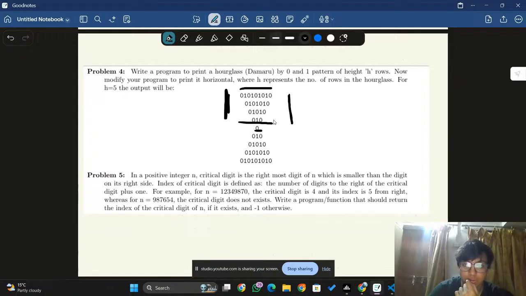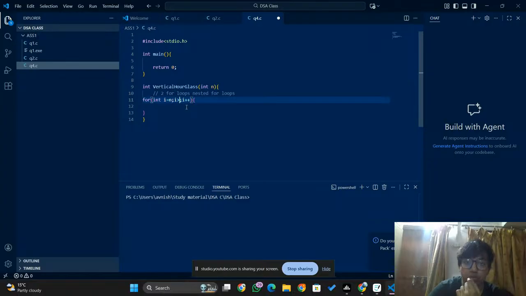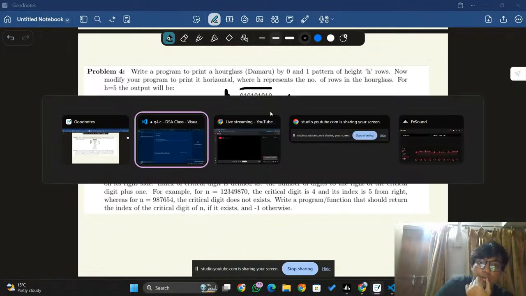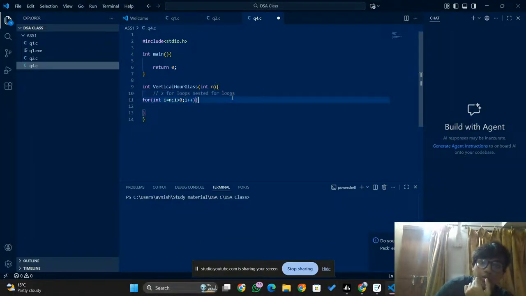For how many times does the loop have to run? 4. So for n equals 5, if I put i greater than 1, then it won't run for 1. I have to be greater than 0, but I don't want that. I want greater than 0. If i is greater than 0, then it will also run for 1, but it won't run for, well, you know what? It won't run for